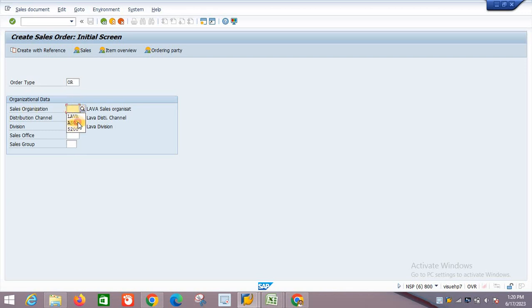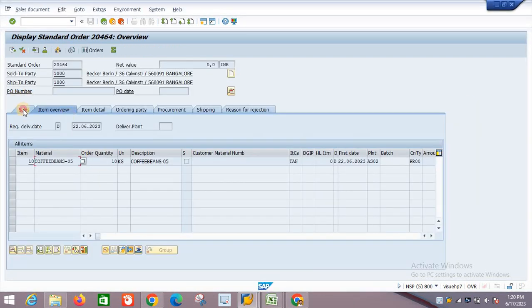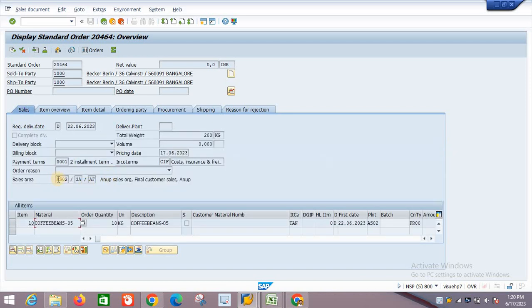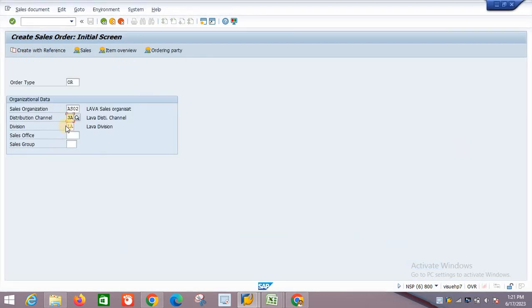The sales organization is AS02. Let's say division is, I am taking the reference of this sales order, guys. If you go here, you see the sales area, that is sales organization, distribution channel, division. In my case there is some technical issue, because of that I am not taking that. Okay, and distribution channel, that is AM.